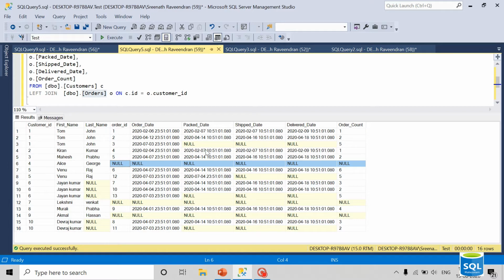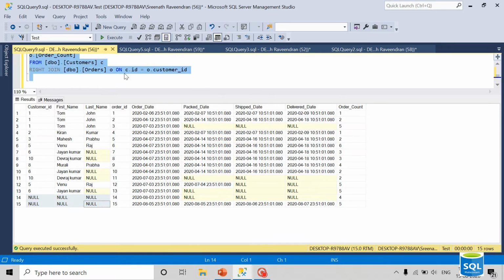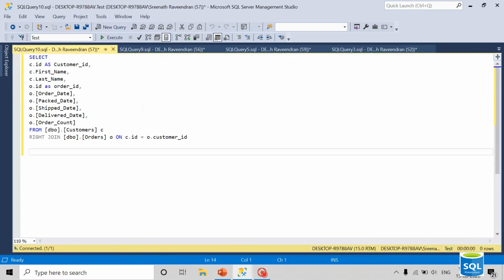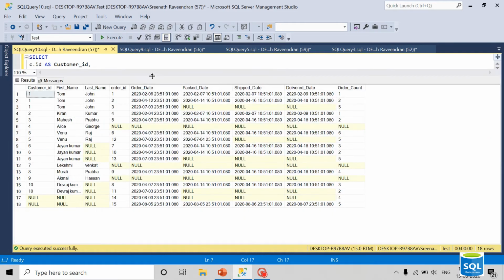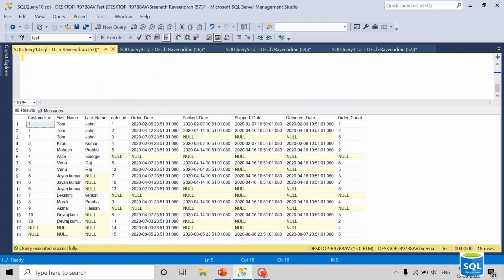Now we can see what is full join. So let's take the same query and put it in a new query window, and I'm converting it to a full join. I'm executing it. Now I can see it's selected all the records from the first table and the second table.